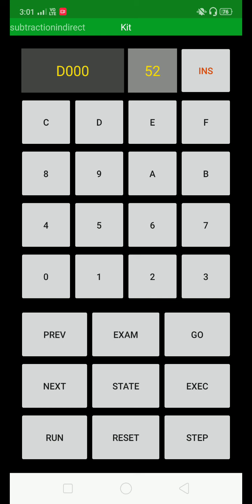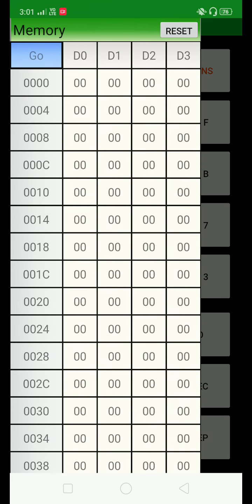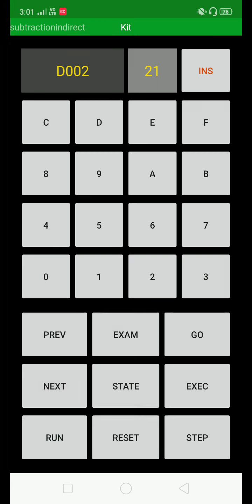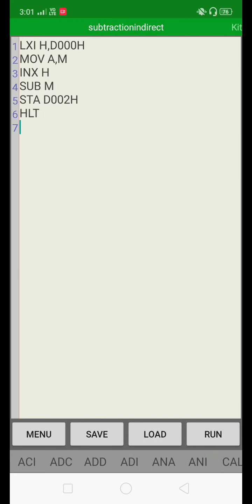So this is your first number at location D000, 52 hex, D001, 31 hex, and here D002 with 21 hex. So here in the memory location we are getting 21 hex, the subtraction result. So this is about the subtraction of two 8-bit numbers by using indirect addressing mode.